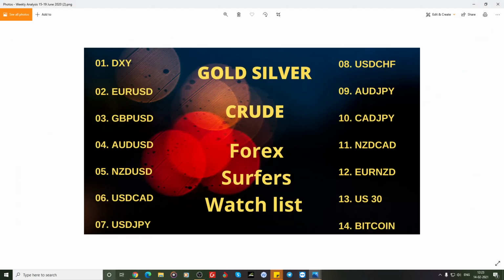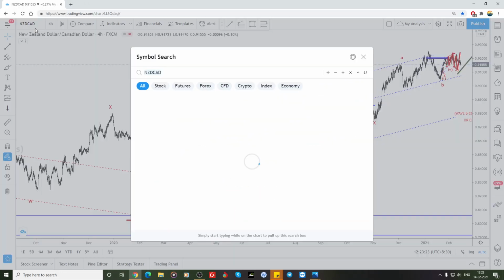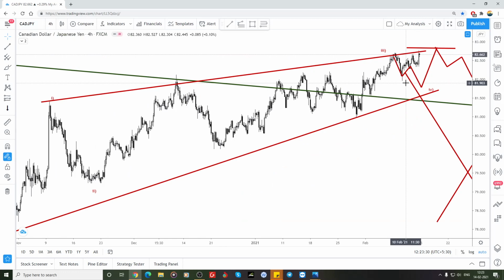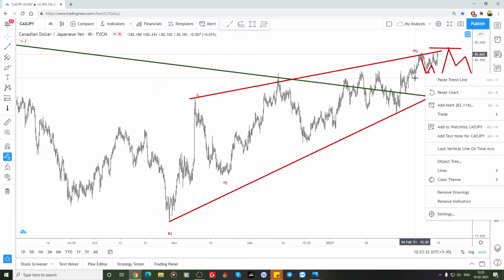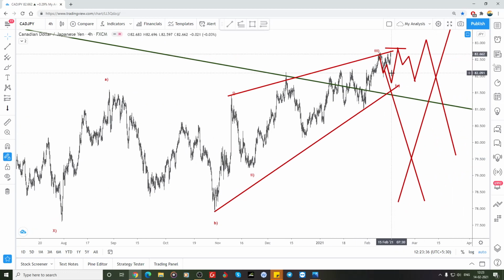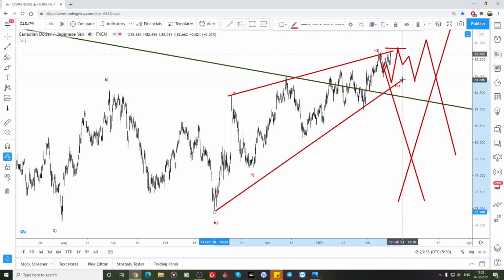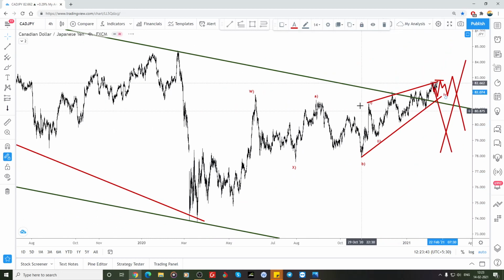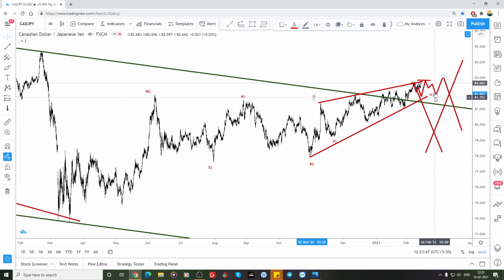So after that, the CAD JPY, yeah, the CAD JPY is also the same. It is in the wedge formation. Okay. See, 1, 2. So this is the end of the third. So still we are in the fourth wave. Trading this is very messy. I won't like this kind of trades. And what will happen, right? We will look for one more high, and it's already completed, and it can be a drop